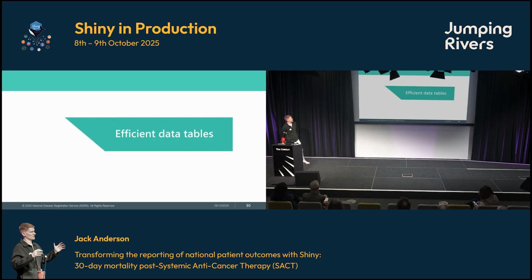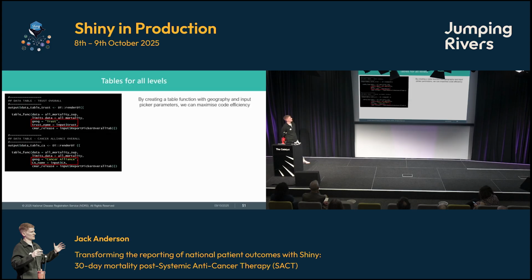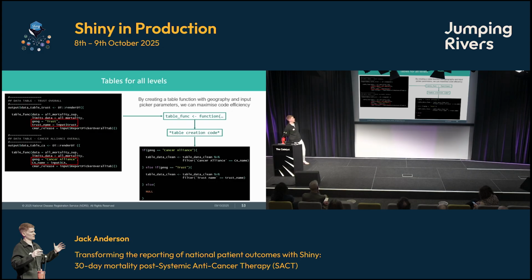Just to touch on our data tables, so the funnel plots still have those data table counterparts, but we've opted to add these now at all geographical levels. So again, this is underpinned by parameterizing, in this case, the geography and the CMAR report. And what this does is enable us to code just one function. So we have one table creation, which will create the table for the CMAR report of interest. And then we can use our inputs in a simple if-else at the end of that, so that then from one function, we're creating tables at different geographies